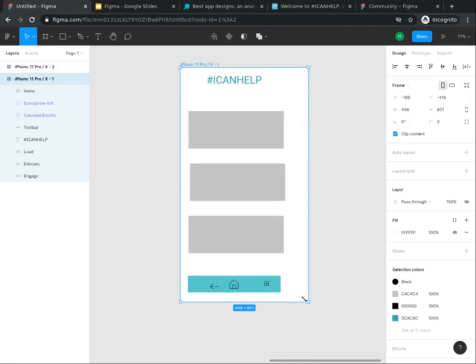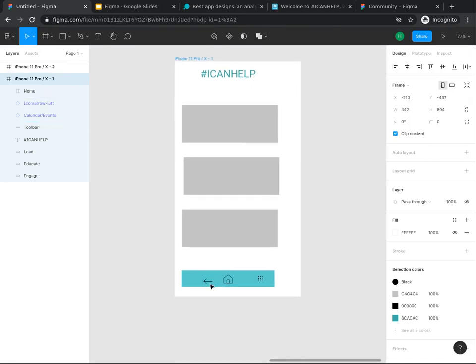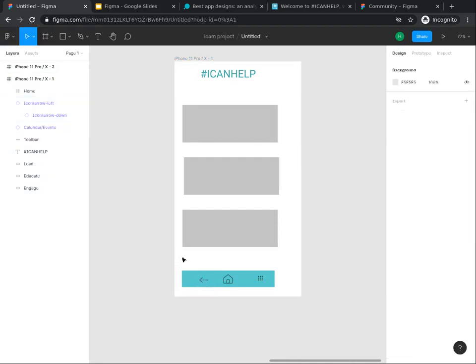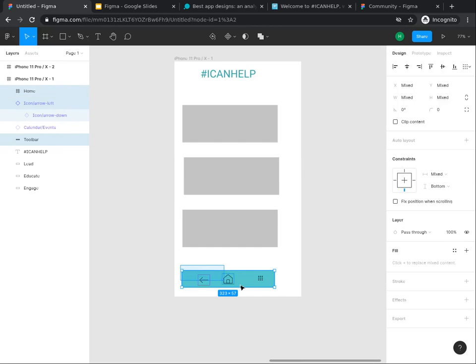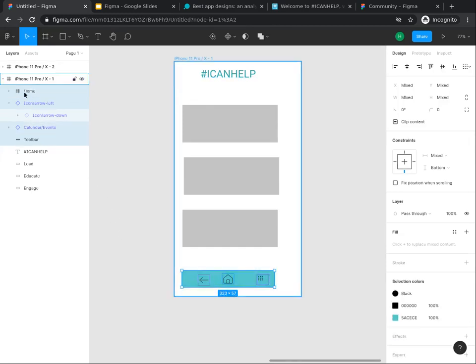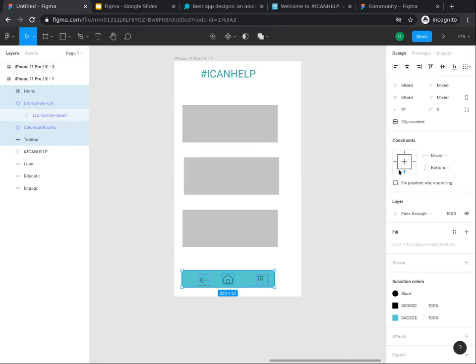If the toolbar needs to stay stationary at the bottom of the page at all times, you will choose the toolbar to include all that is inside it and make sure that it is all highlighted on the left side panel. If it is all selected, then you can use the right side panel to choose the constraints.